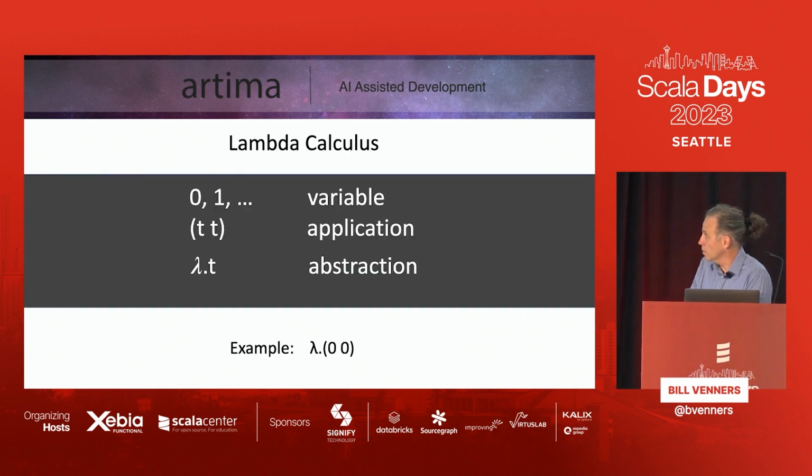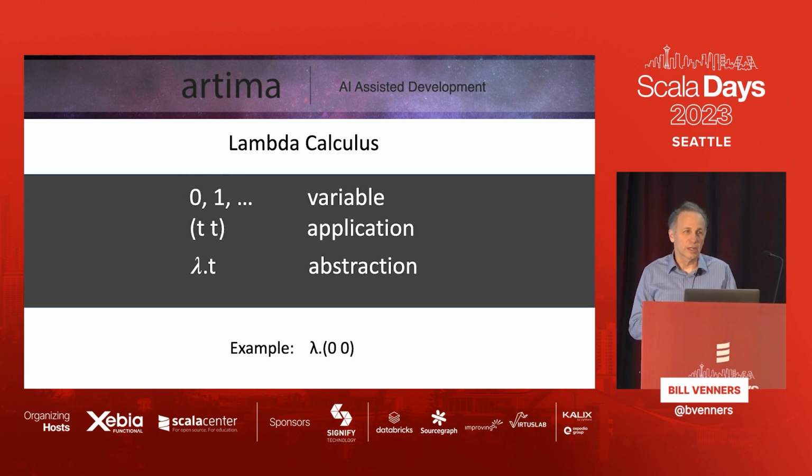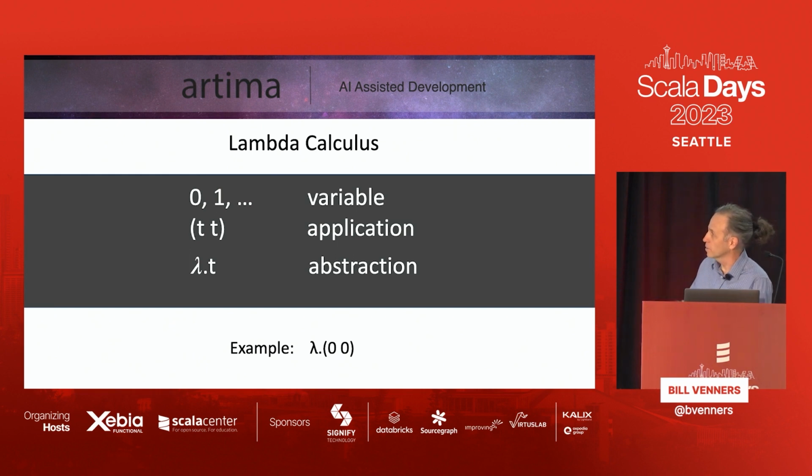So I actually quite like Lambda Calculus because it's a functional programming language and it's extremely simple. This is the whole grammar. There's no types, which is also quite freeing. It's untyped, so there's just terms. And a term can be one of three things: a variable, an application, or an abstraction. So a variable is usually named, like we name variables in Scala, but there's a notation, De Bruijn notation, that indexes them, so you don't have to deal with names. So I use that, but I start with 0, where they start with 1. So a variable is a natural number, starting with 0.